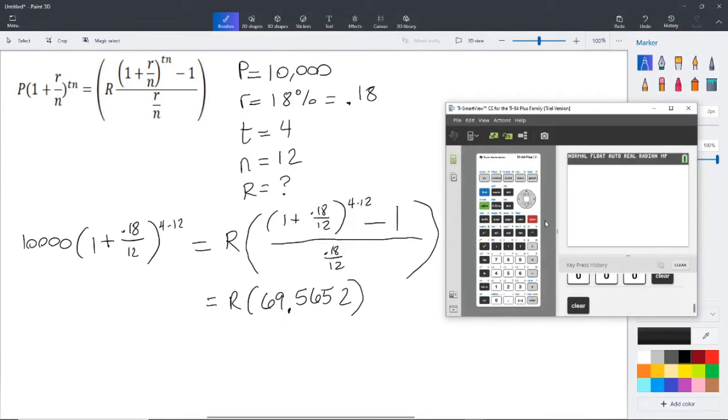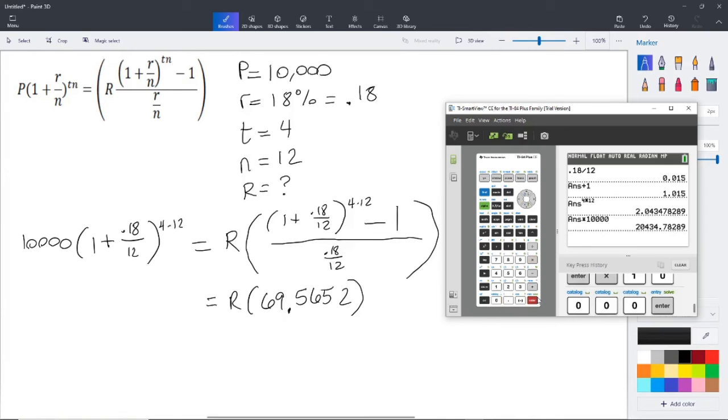We've got 10,000 times 1 plus 0.18 divided by 12 to the power of 4 times 12. Once again, we're going to start with 0.18 divided by 12. I know we did this a little bit on the right-hand side, but we still got to do it on the left-hand side. So 0.18 divided by 12. Enter. Plus 1. Enter. Raised to the power of 4 times 12. Enter. And finally times 10,000. That brings us to